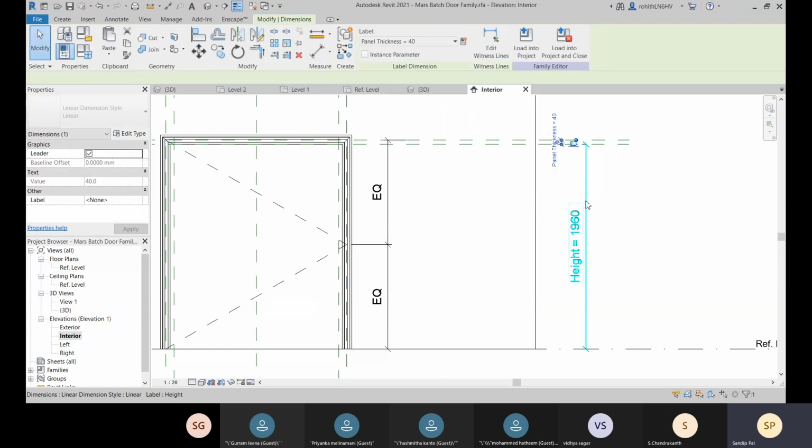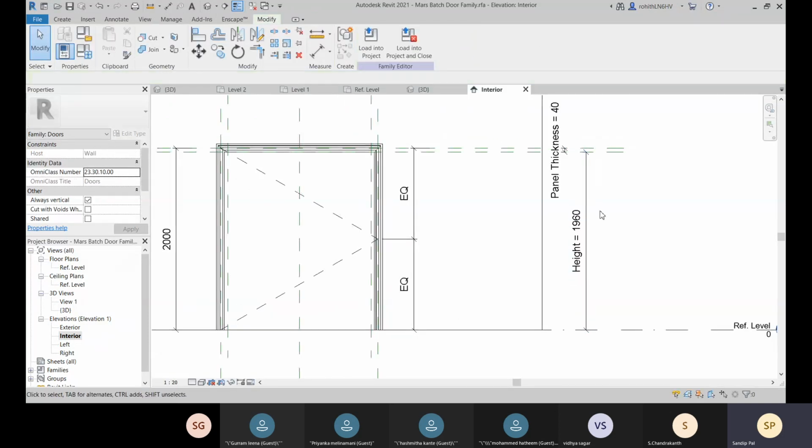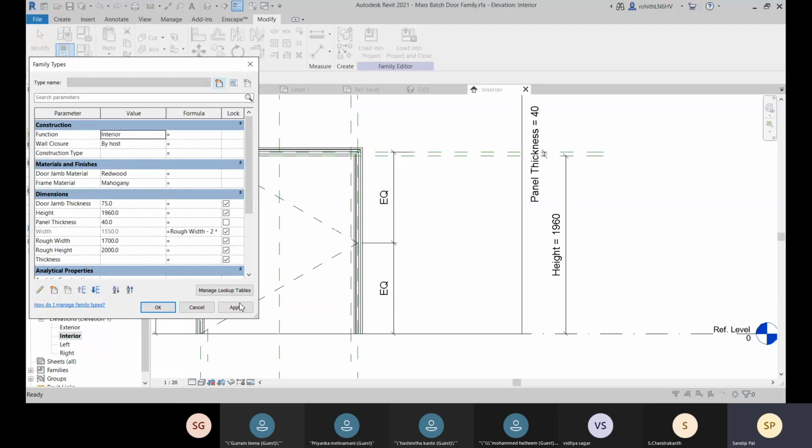Okay, and that is done, right? And come to this family type, and for this rough height, just copy this, and come to this rough height. Here you give that height plus your panel thickness, apply, and here it is locked, the rough height is locked.